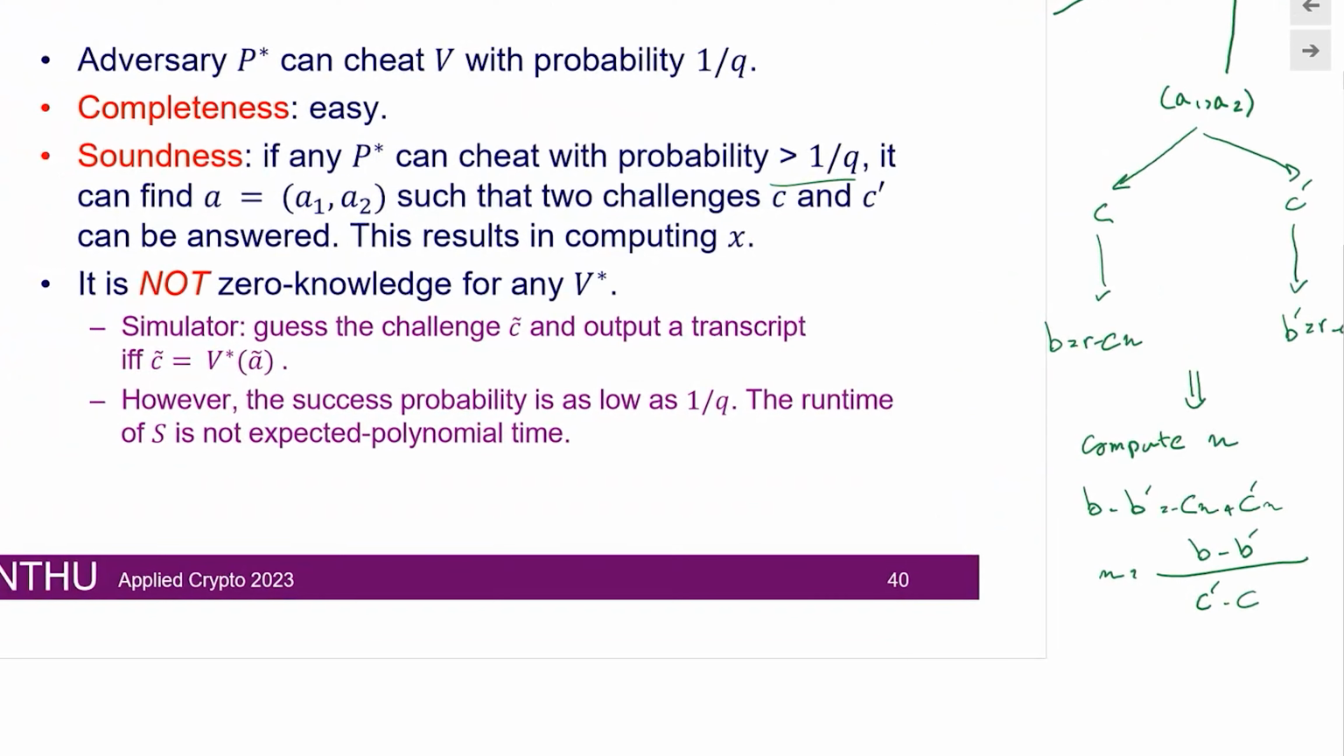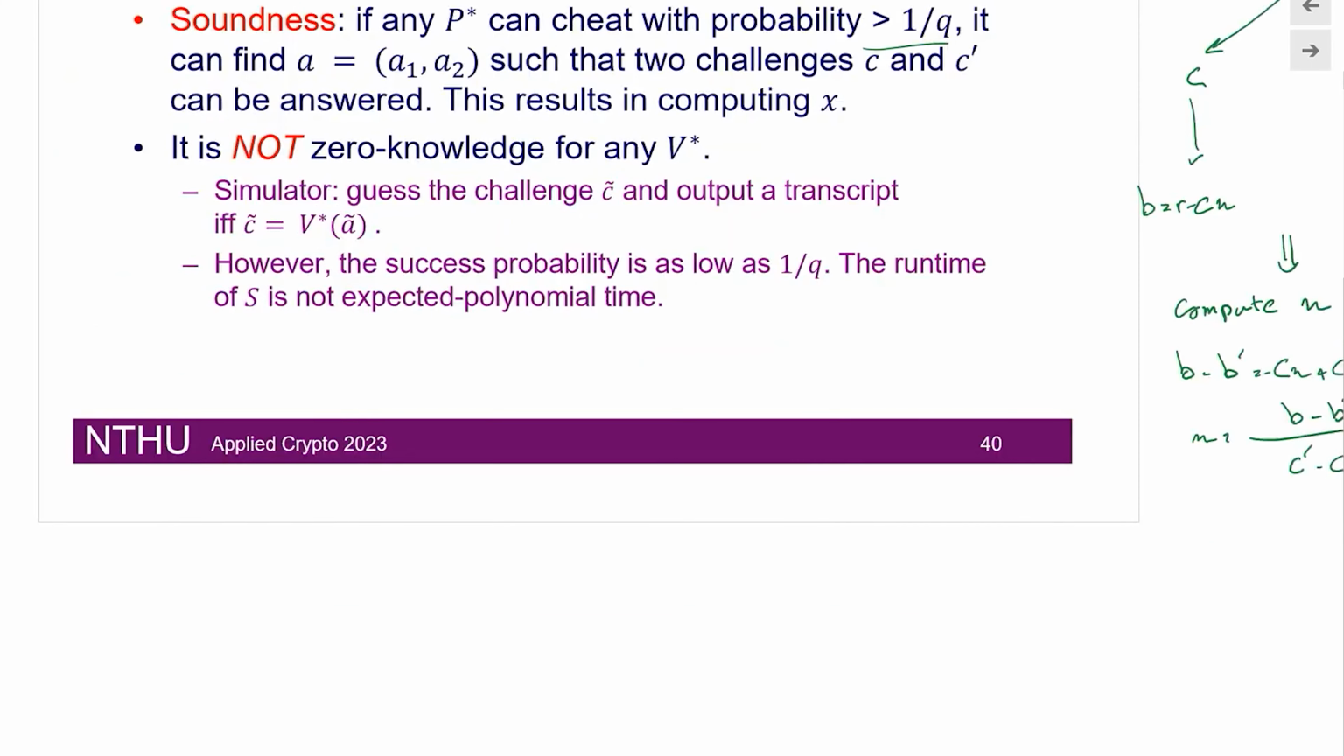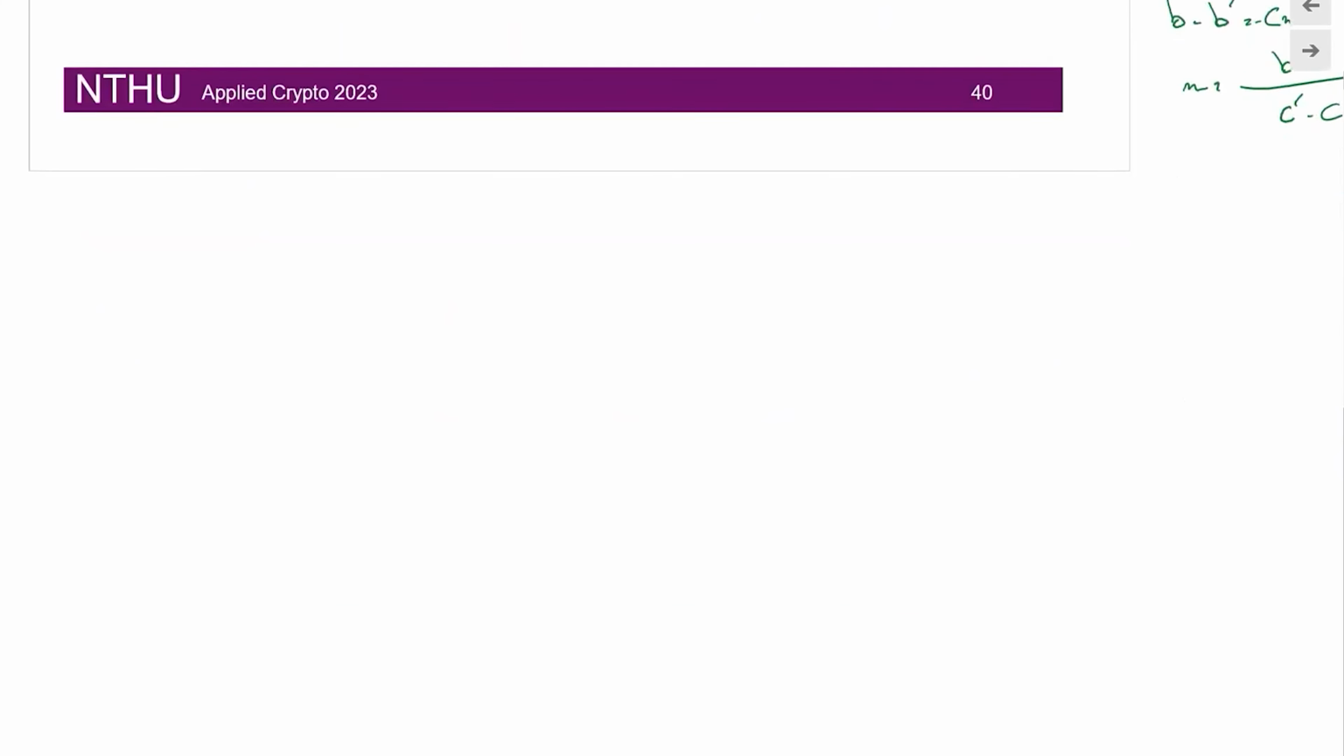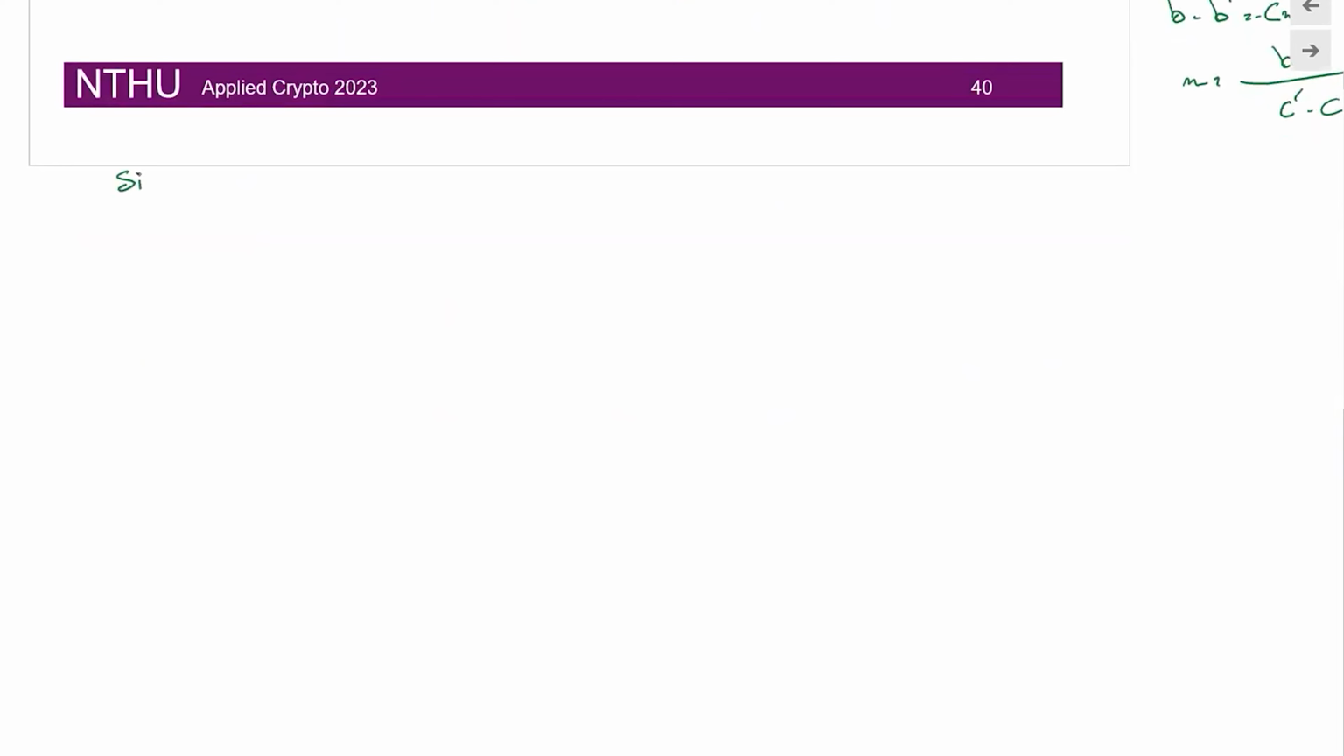So this scheme is also not a zero knowledge proof for any verifier. In order to understand that, we need to design the simulator. Just for your reference, this simulator S*